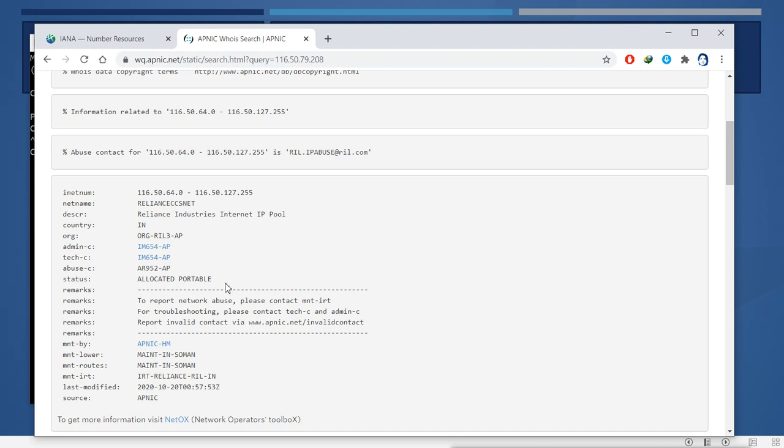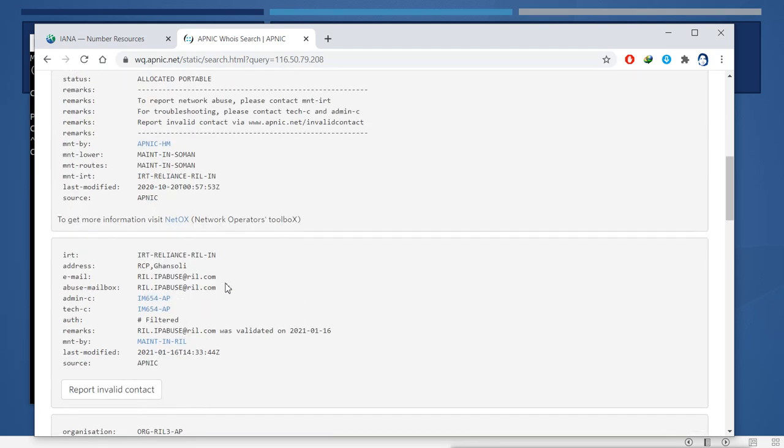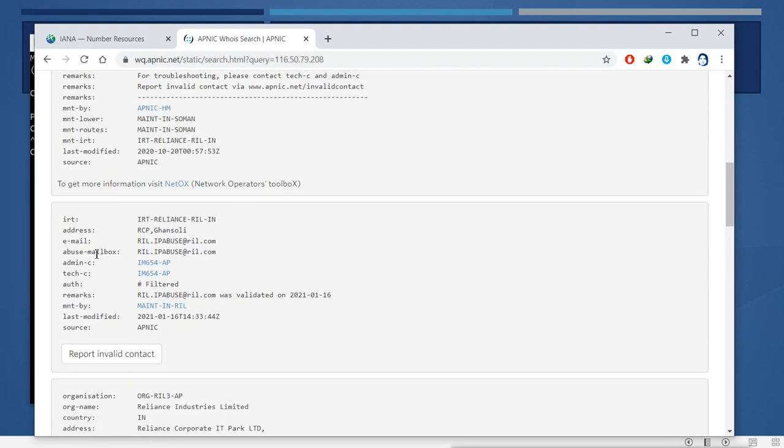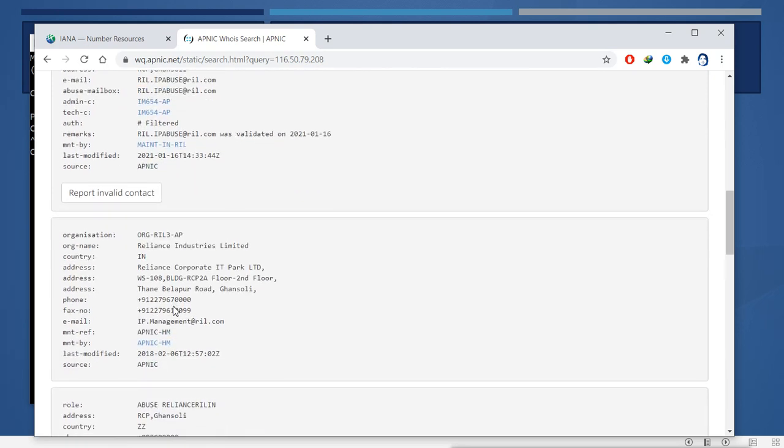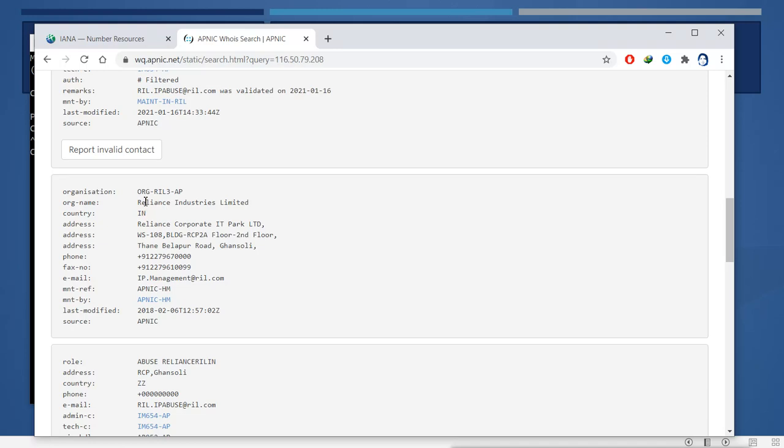They have allocated this IP, and you will see other details also here, like the IRT person, Reliance IRT India, and the address, RCP Ghansoli. You can see email addresses, mobile numbers, and important persons' information here. This is Reliance Industries in India, at the Corporate IT Park, with the whole address, second floor, Thane Belapur Road, Ghansoli.